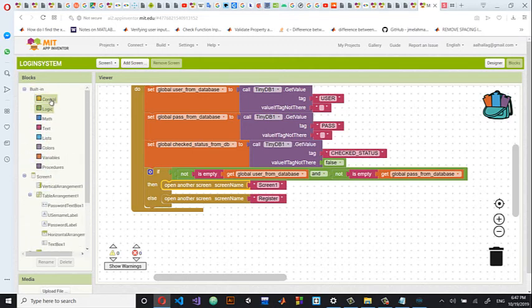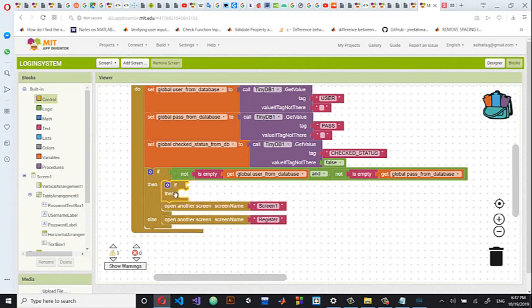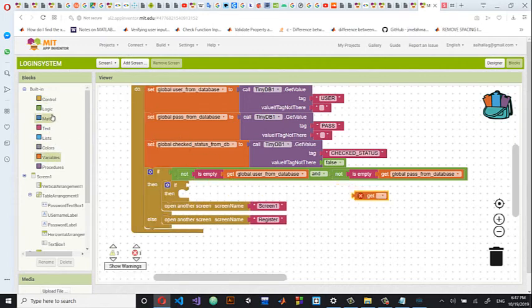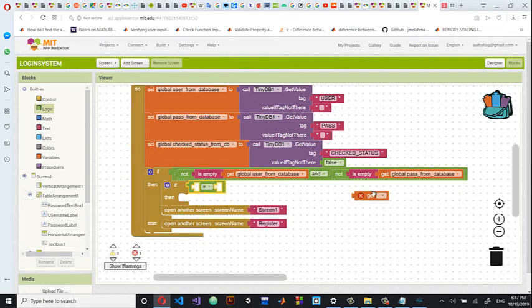Let's say that if the variable called checked status from the database was equal to true,